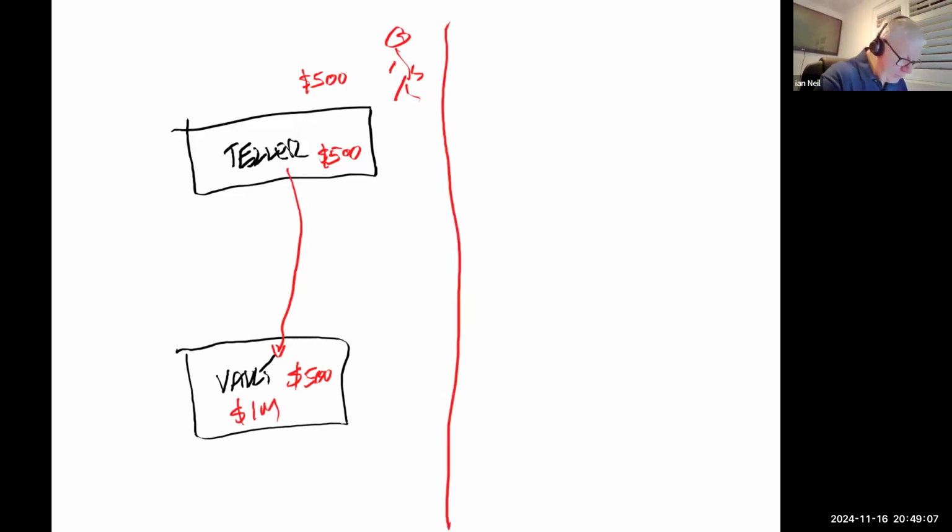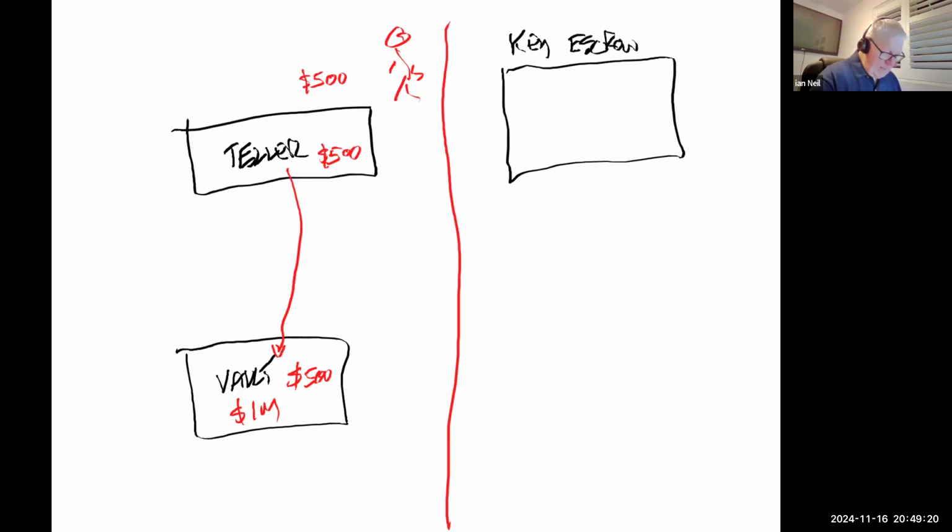So what we've got in the IT world, we've got a person called the key escrow. And in this world, there's a private key and a public key. And he holds the private keys for third parties.